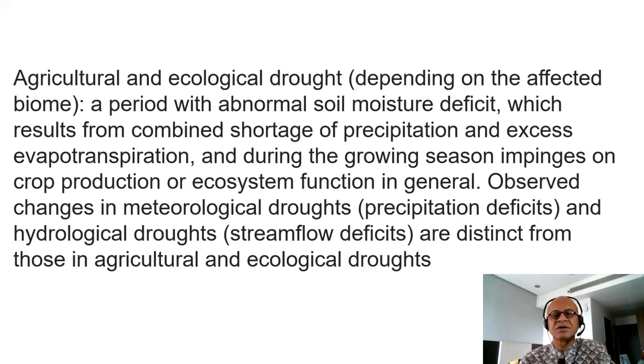As soon as the precipitation that falls is less than what is climatologically expected, depending on whether it's 5%, 10%, 20%, it can be called a meteorological drought. And hydrological drought is when the rainfall results in deficits of streamflow. And that's different than agricultural and ecological drought, which can be much more important for food security and biodiversity and feedbacks, as well as wildfires and of course water resources as well.